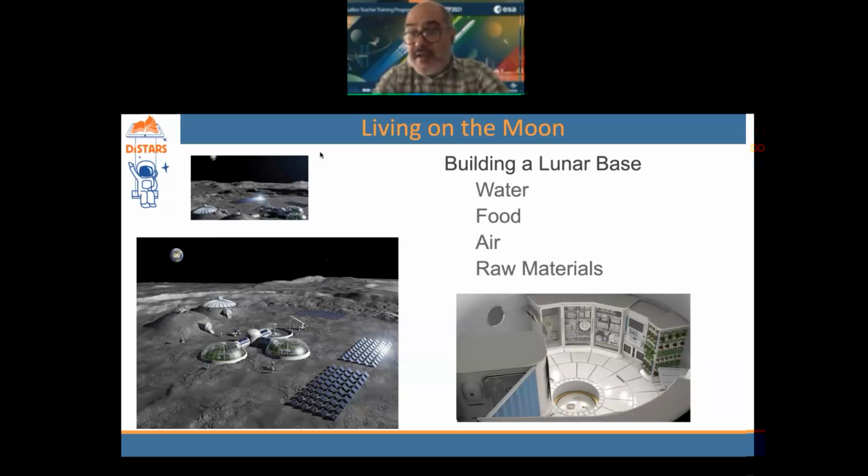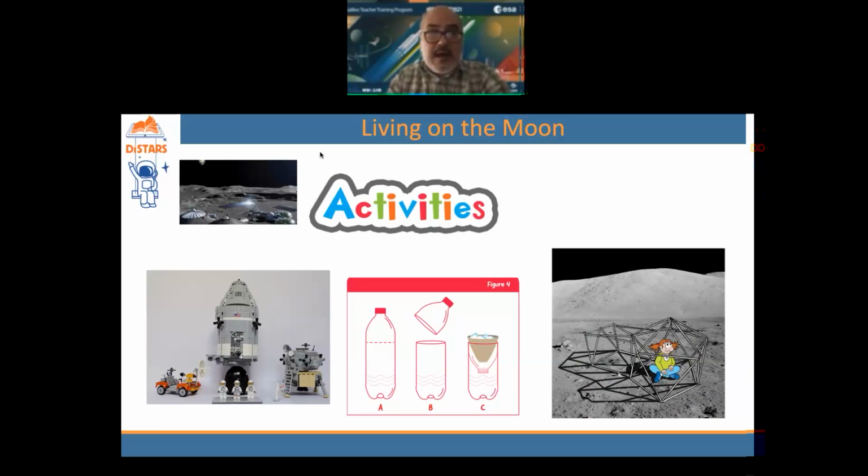And probably on Mars won't be much different. So the technologies that will be tested on the moon will serve as a rehearsal for sending humans to Mars, which is a more challenging feat. And this booklet also contains some suggestions of activities to involve the students with this matter.